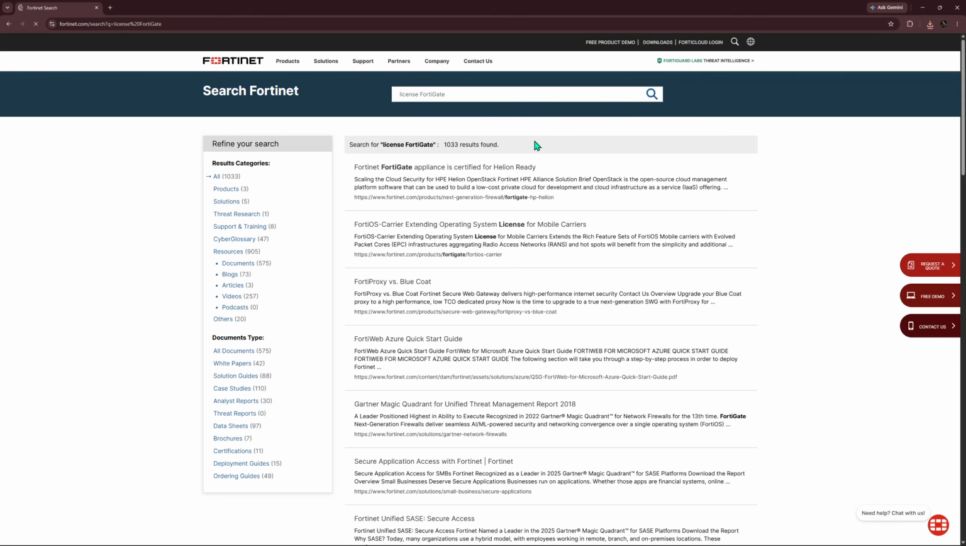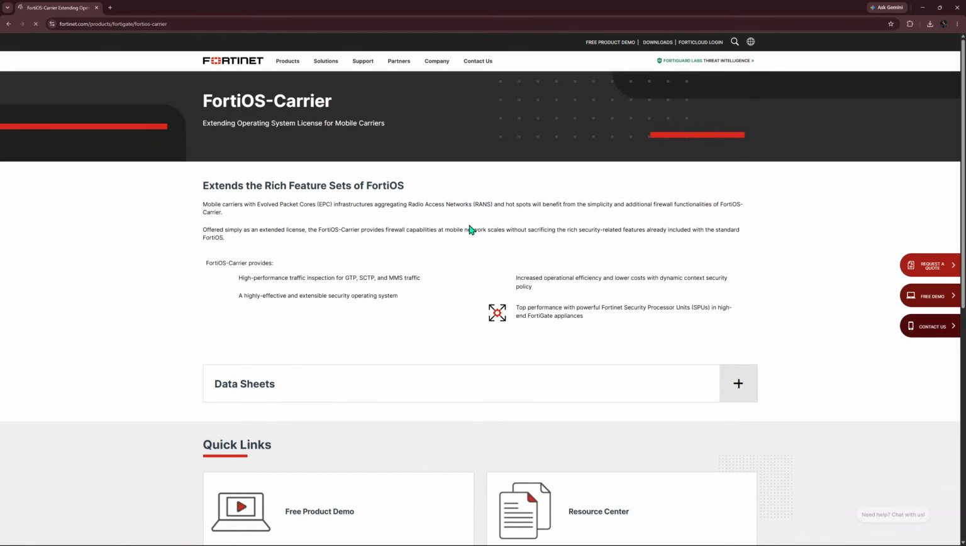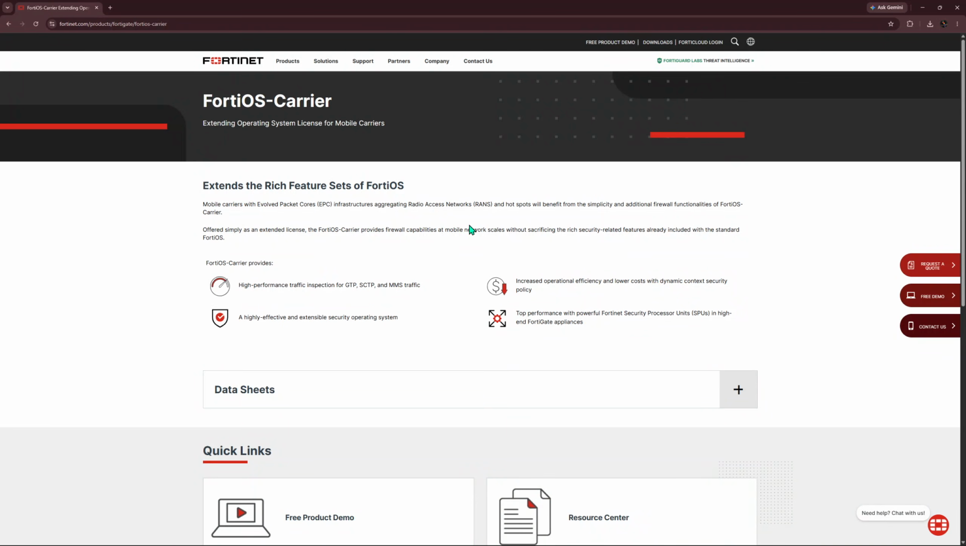This should take you to a page or section where you can view detailed information about your Fortinet licenses. Here, you can see the status of your current licenses, including expiration dates, activation details, and any other pertinent information that will help you keep track of your product subscriptions. And there you have it. By following these steps, you can easily check the status of your Fortinet license and ensure that everything is up